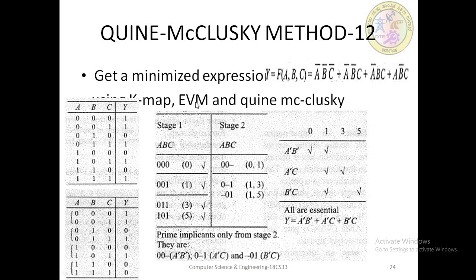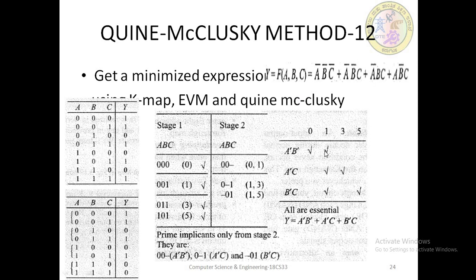This is with respect to what we have previously seen, with respect to EVM, and now we are trying to view it using the Quine-McCluskey method. This will be easy for you guys as it's only a three input condition, three input variables. So with all zeros we are having one, with a single one we are having one, with two ones we are having one, and for three ones we are not having the combinations. You can compare this one, and here you can see there is only one change here and here also, and the essential prime implicant, so this is the table that we used to get that.